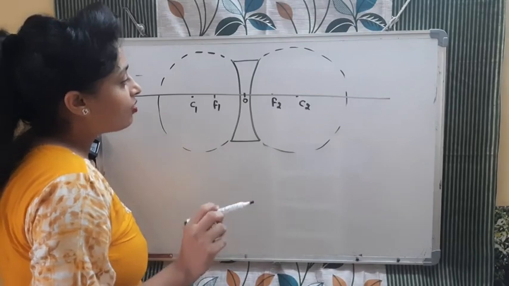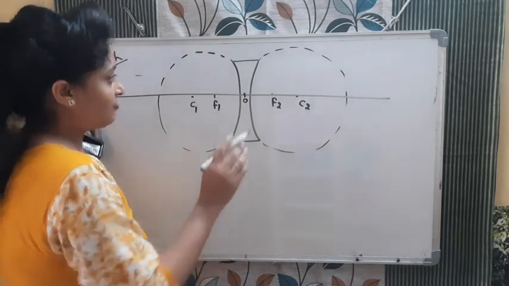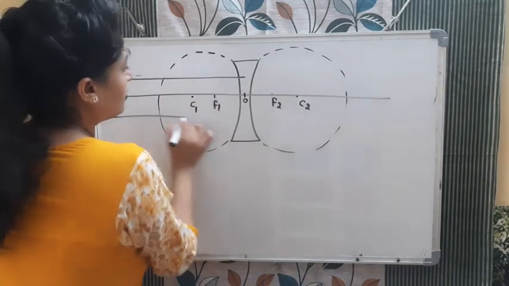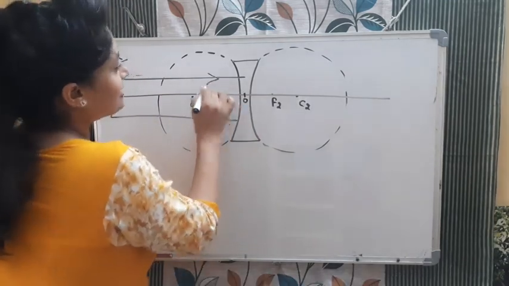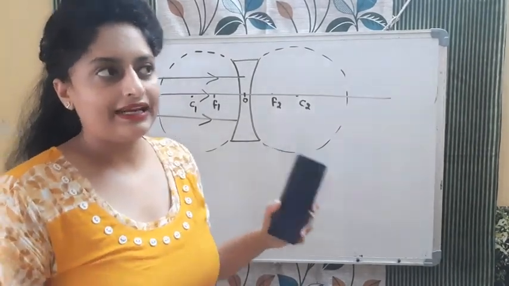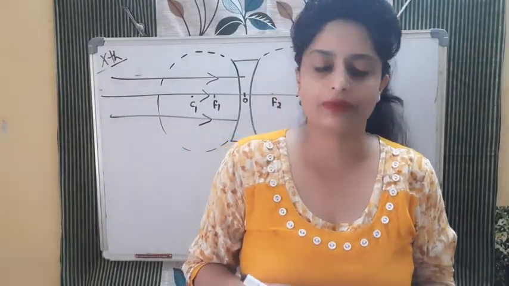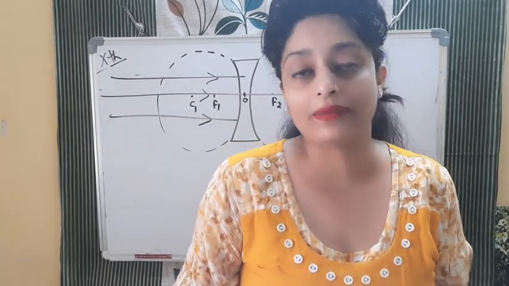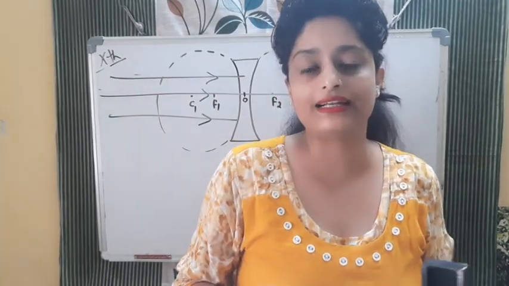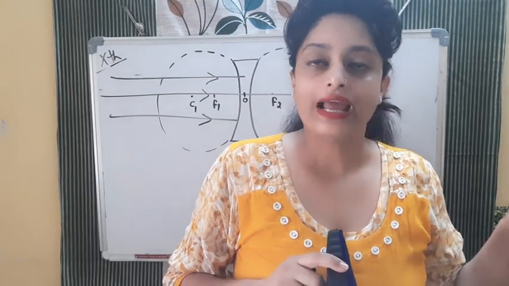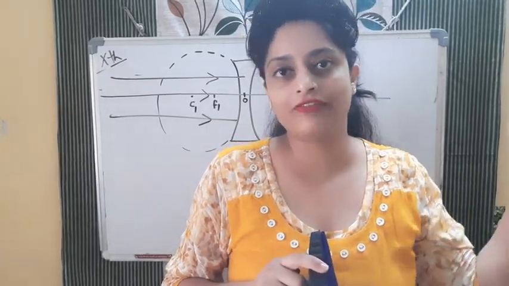Okay, now what is left? If in this case we are considering the object on this side and the rays of light are coming like this, so what will happen, बच्चा, optical center से ray of light कभी भी deviate नहीं होता है, it will pass straight. जैसे मैंने तुम लोगों को refraction का केस बताया था, refraction is not happening when the ray of light is coming directly perpendicular on that surface, and in that case the angle of incidence will be 0, and without any deviation it will pass straight.